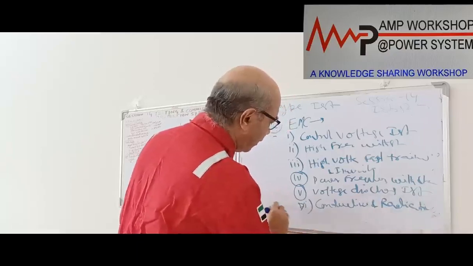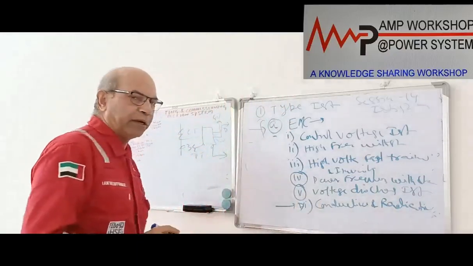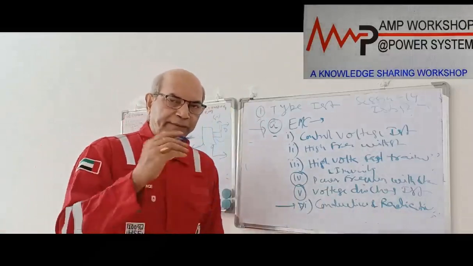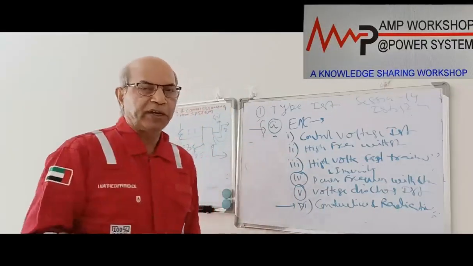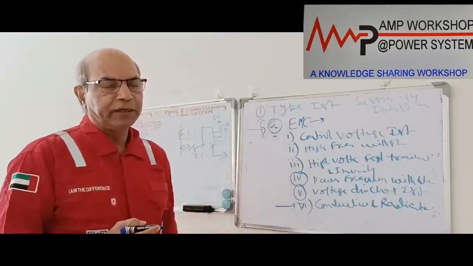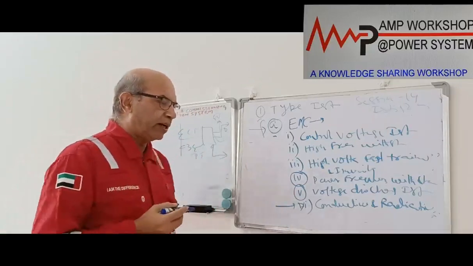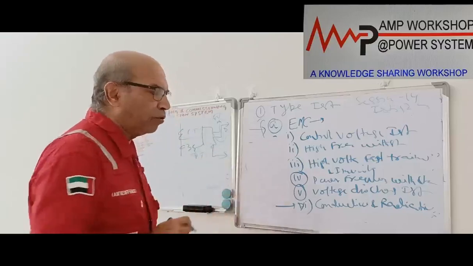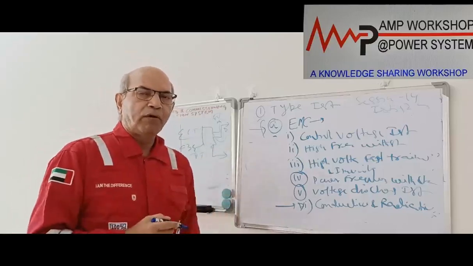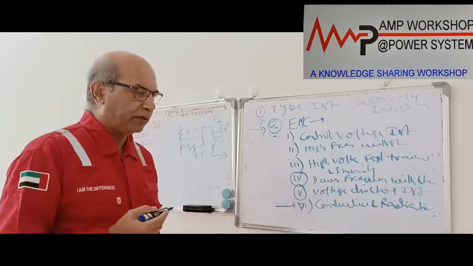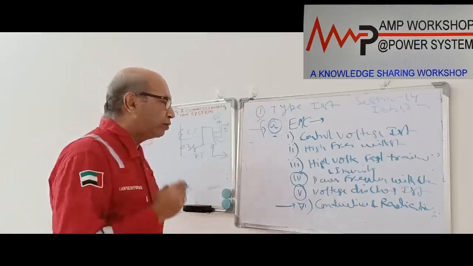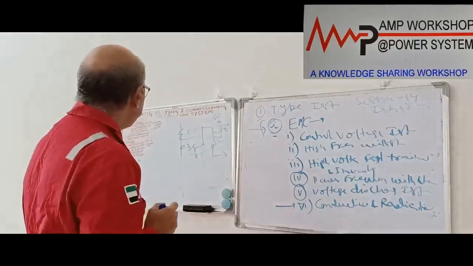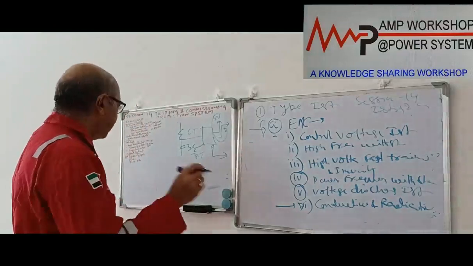We do this because this protection device is living in an environment where a lot of electromagnetic radiation is there. In that case, the electromagnetic radiation can be passed to the equipment either by the conductive method or through the radiation method. In that condition, the relay should not maloperate. We have to check that part.